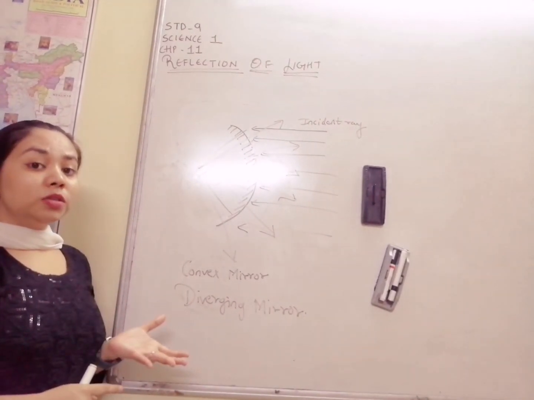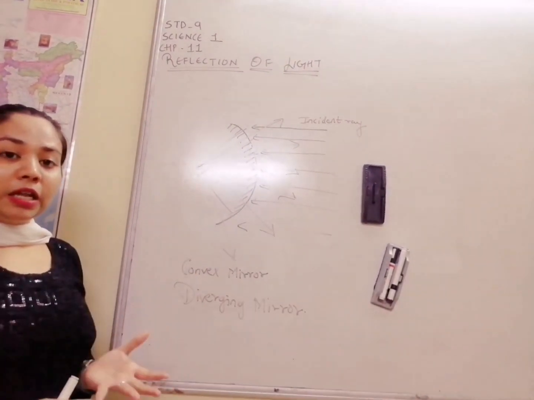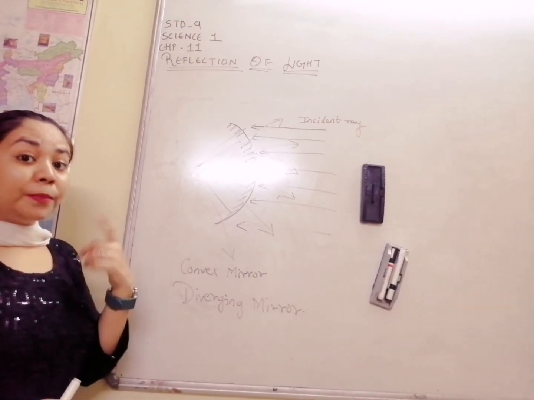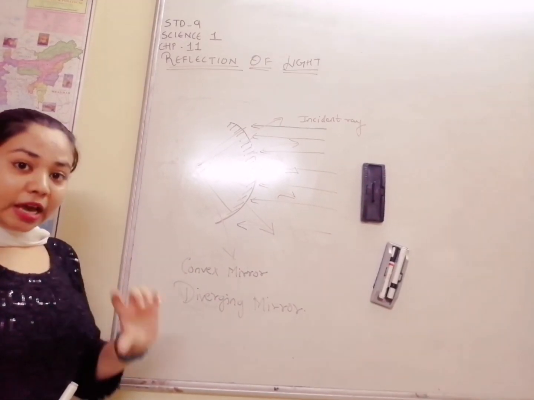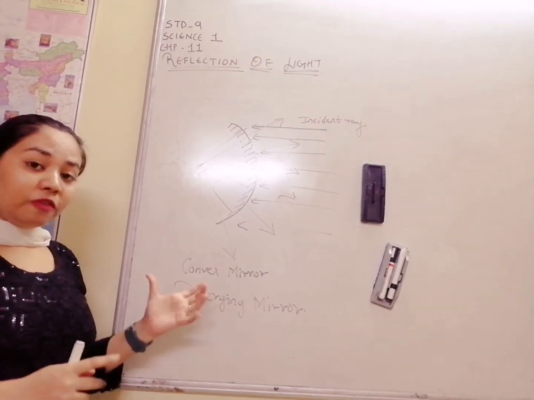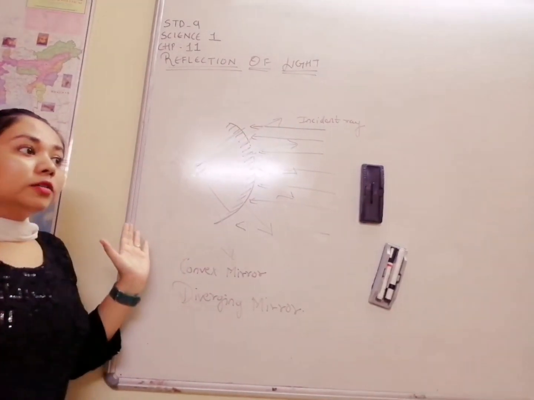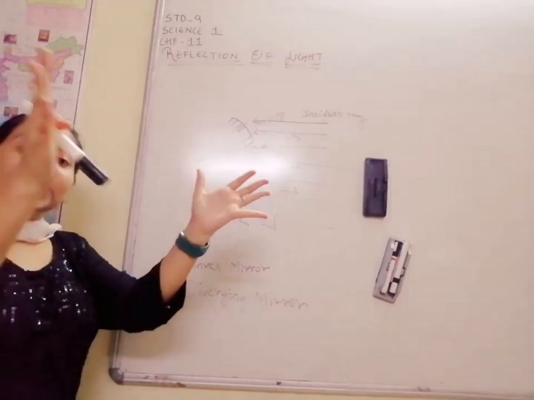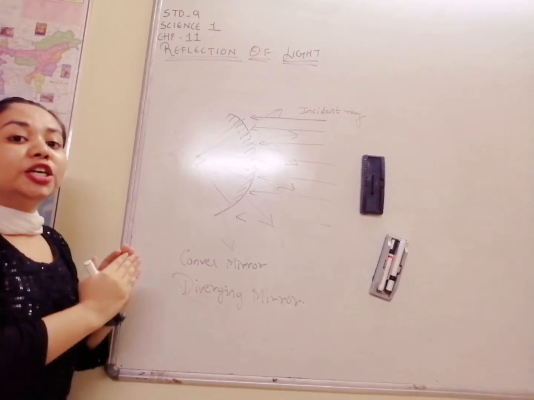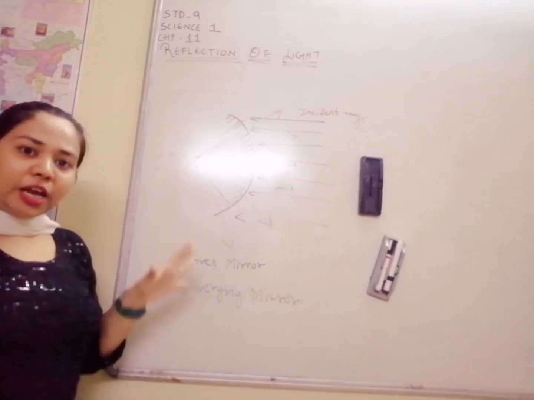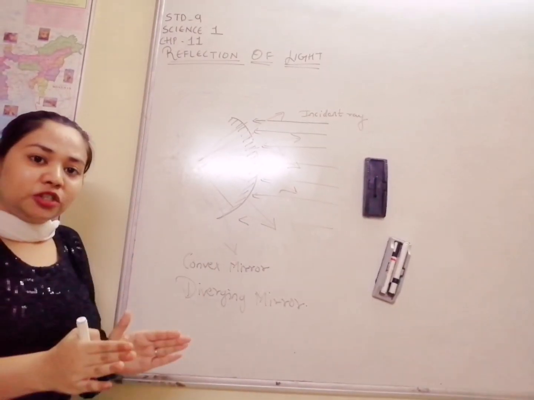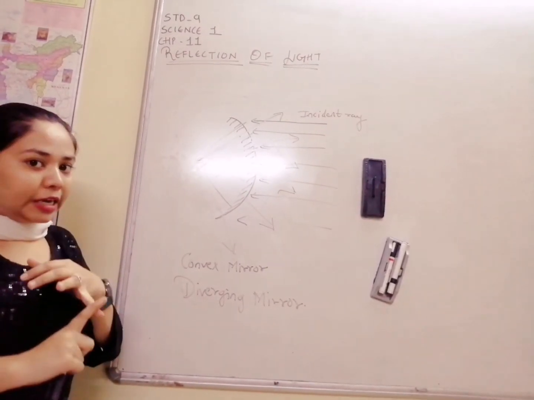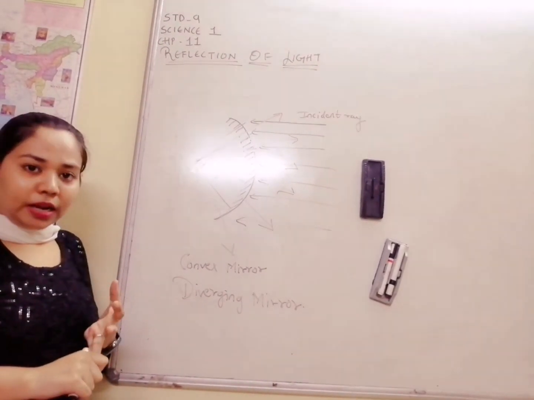So what will be its use? You have seen in vehicles there is a side mirror. In that it is written what? Objects in the mirror appear to be closer than they are actually. So the convex mirror tries to take the image of very far distances also. Meaning, even if things are very far, it can form an image of a lot of space at once, because the reflected rays will diverge everywhere, so it can collect more images in one single small mirror. So it is used in the side mirror of vehicles, also in big buildings like towers and all.